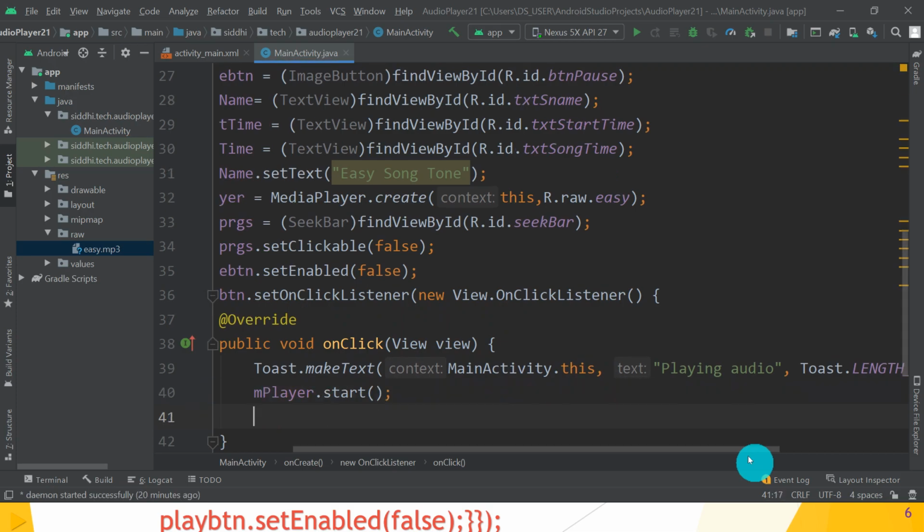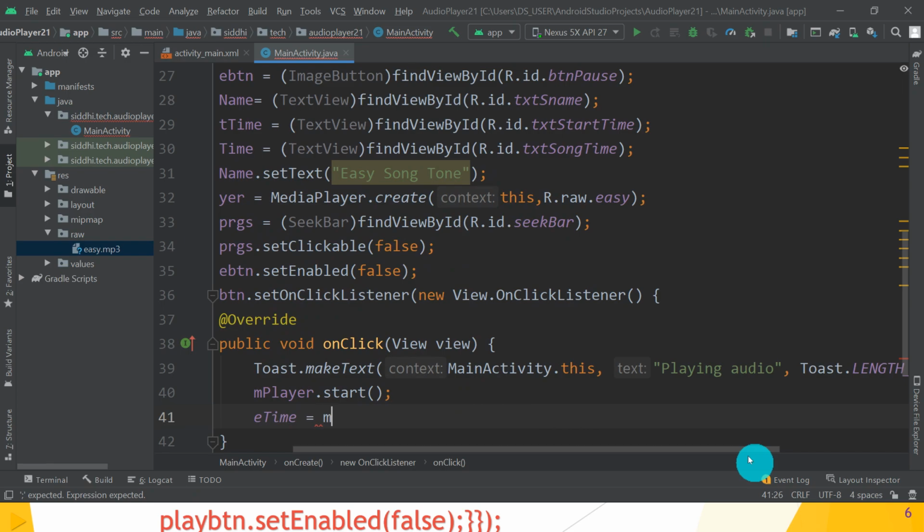Now we have to calculate the duration, that is the current position of the song, and set it to the text views. One text view gives the start time, and one text view gives the song's total time. So we have to calculate it by using the getDuration method. So the end time gives you the total song duration.